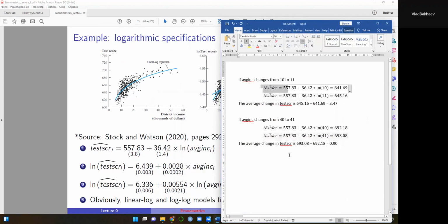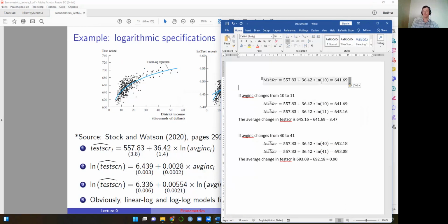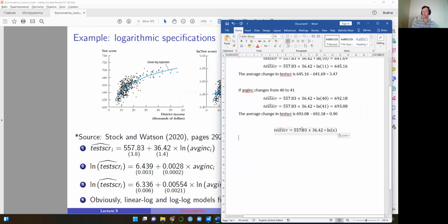And let's see also on this application what happens if we are using log-log specification, for example. So this is the test score, and that was the specification with log on the right hand side, and level on the left hand side. But what if we are using this specification? There is gonna be log of a test score,